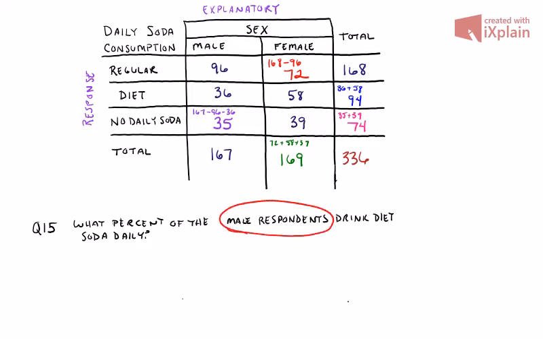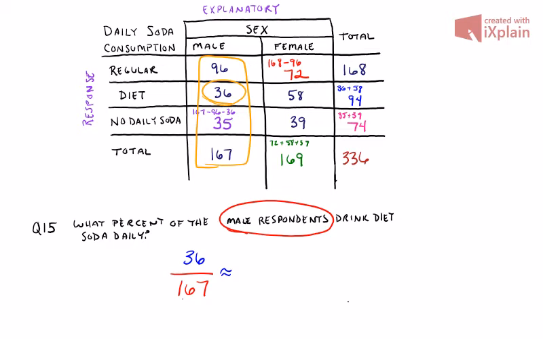So I know that there were 167 total males that participated in this survey. And then within this grouping of males, I want to know which of them drink diet soda. And there we go. We have 36 of them who drink diet soda. So again, if I were to complete the division here, 36 divided by 167, I will get a decimal,